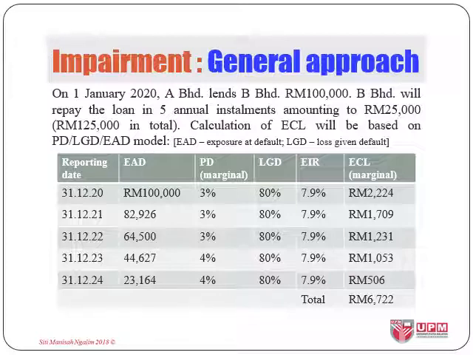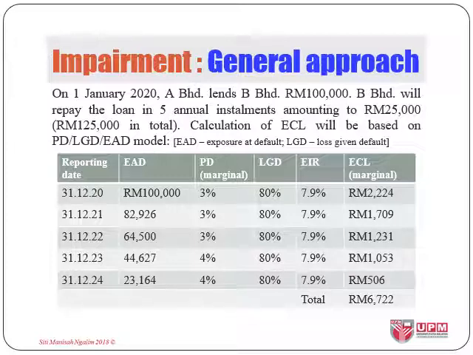The table of amortization is not shown here. You may do the amortization table yourself if you want, but here we are given the amount exposed at default, or EAD, that is the balance at the beginning of every year of the installment paid and interest taken into account. The abbreviation PD refers to probability of default. LGD is the loss given default, which means the amount of loss if B Berhad defaulted, which is equivalent to cash shortfall, that is the amount that A Berhad will not get back if B Berhad defaulted, and that 80% is from the amount exposed at the beginning of the year.